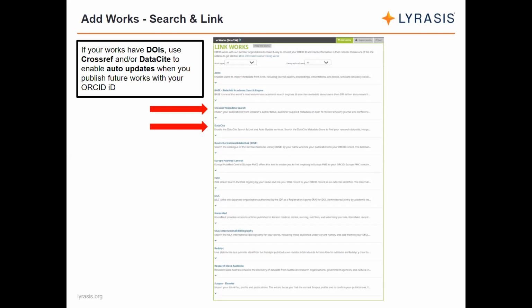For anyone who's publishing in journals, or if you have published in journals, I recommend the Crossref metadata search and the DataCite options that are highlighted here with the red arrows. These are really helpful for people that are publishing in journals for works that have what we call DOIs, or digital object identifiers. Most academic journals, for example, assign DOIs to the articles. And so anything that has a DOI will be found in either the Crossref metadata search or the DataCite